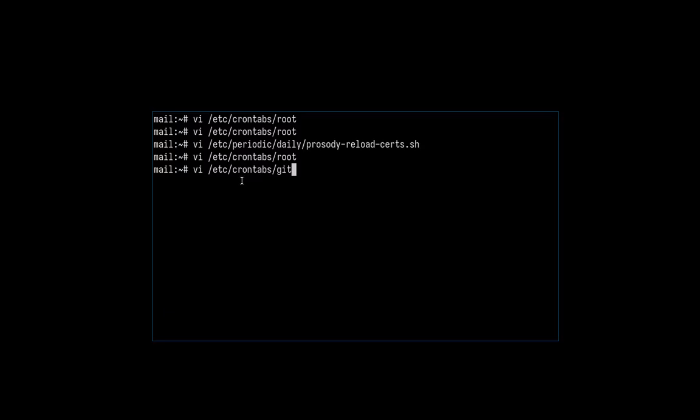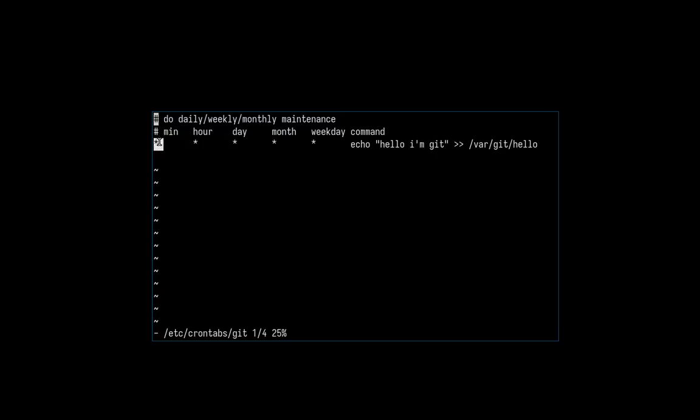And crond works by, again, this crontabs directory, and in it there can be multiple files, so multiple crontabs, and the name of the crontab specifies the user. So what we just looked at was for the root user, but I've also created an example for the git user. So if I open that up, you can see, okay, every minute, every hour, every day, every month, every weekday, so every minute is what this means. And we want to echo "hello, I'm git" into this file right here. And if we open that up,